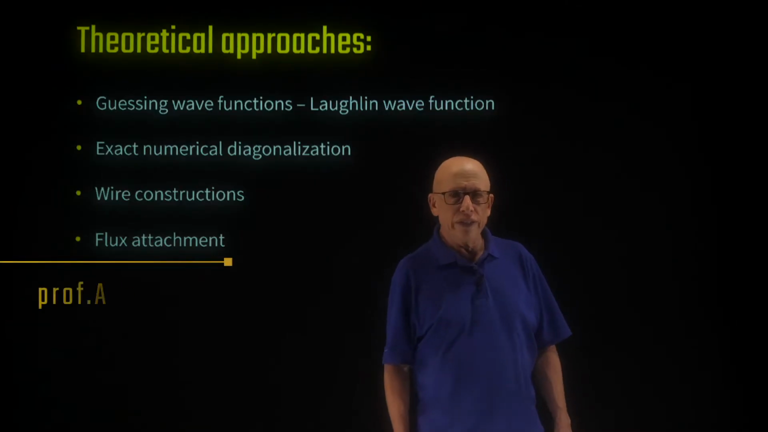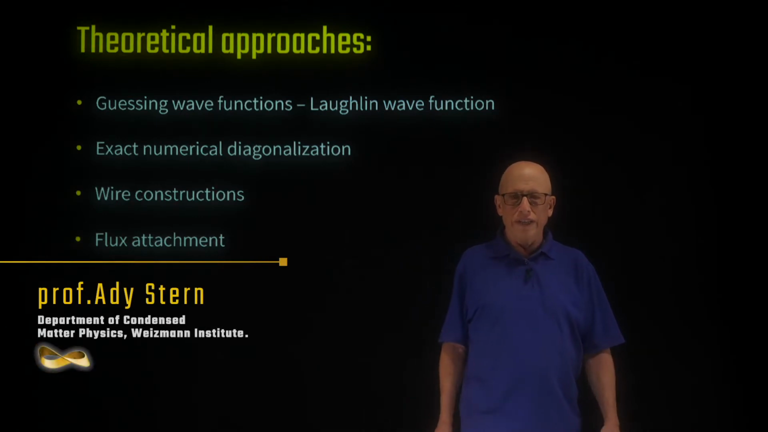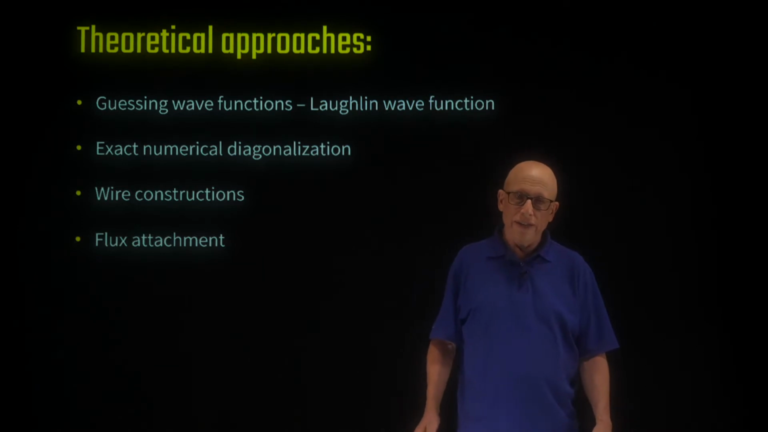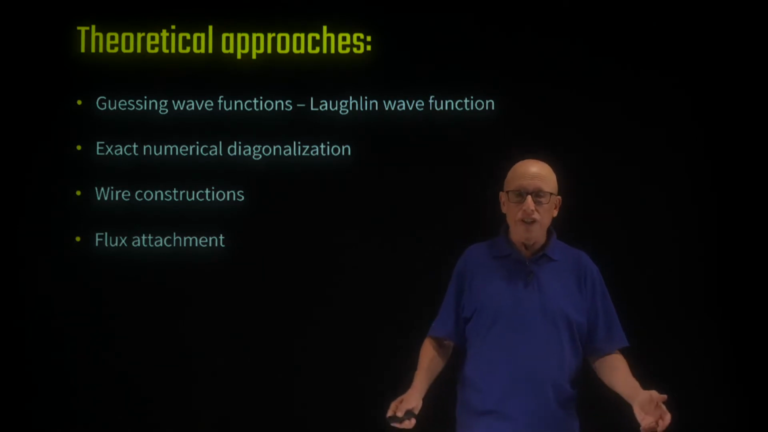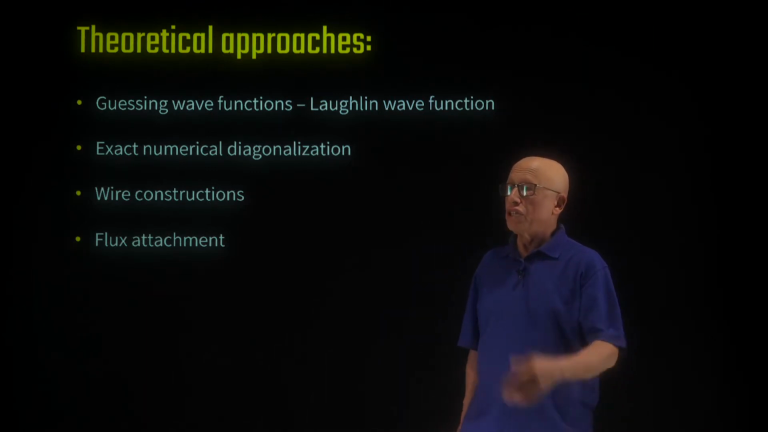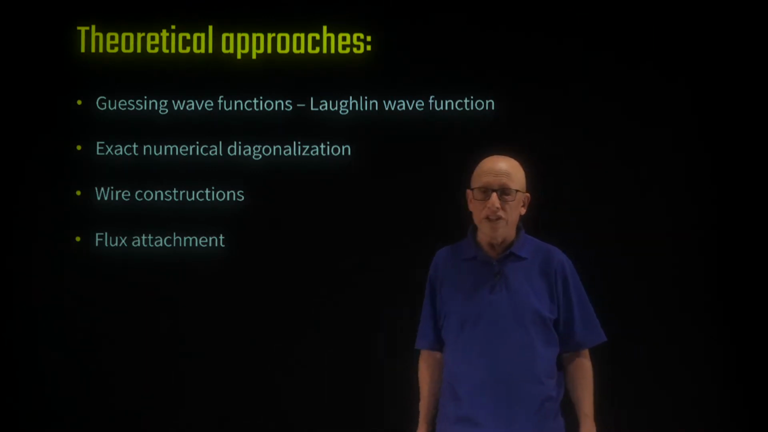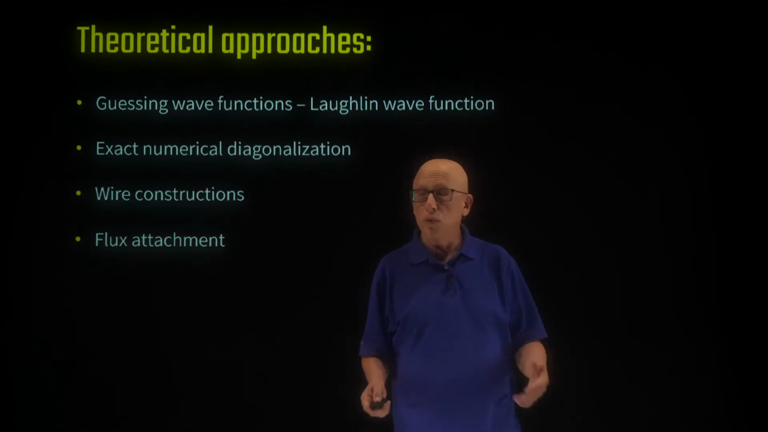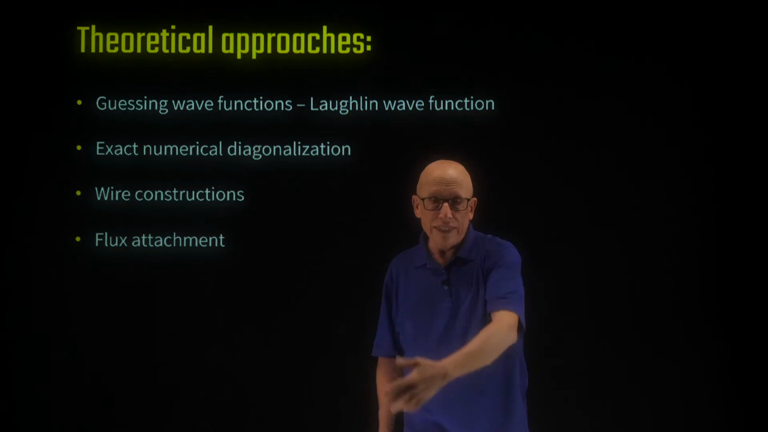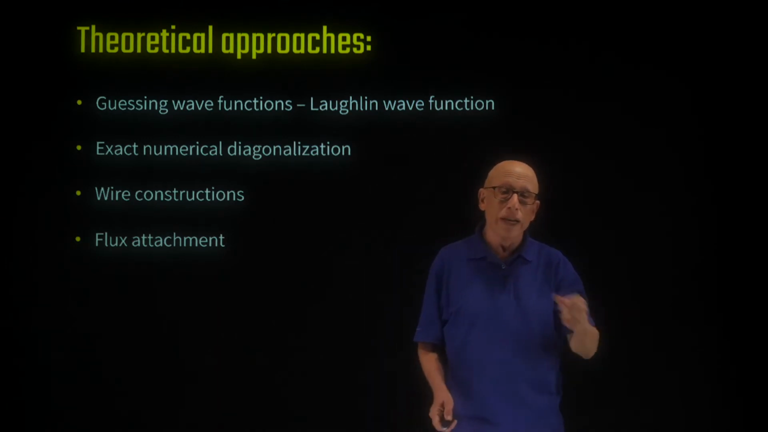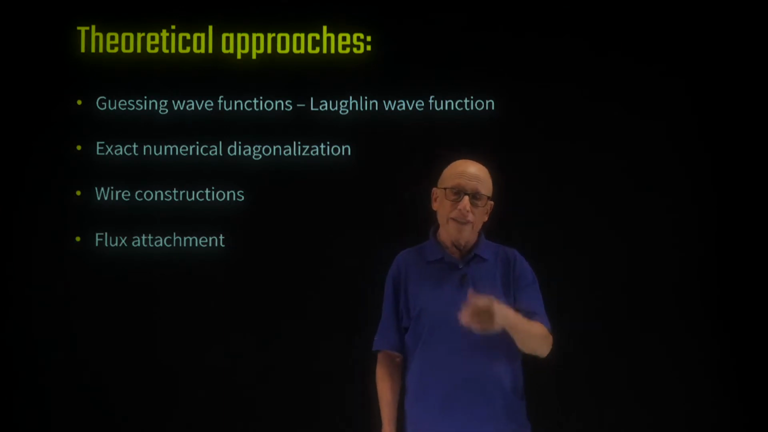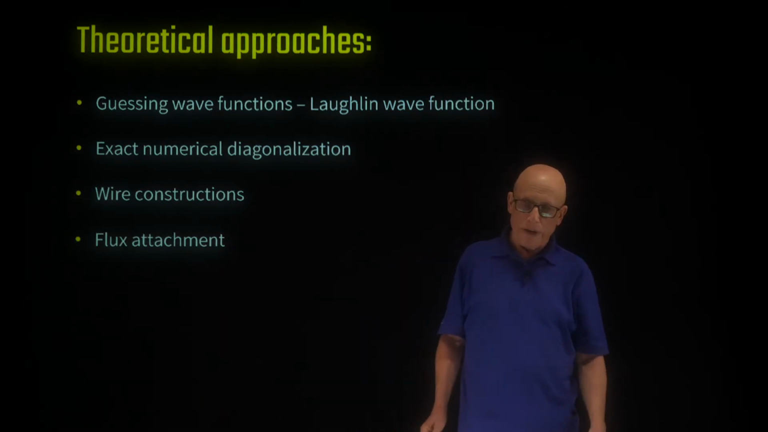So today we are continuing our journey through different approaches for theoretically analyzing the fractional quantum Hall effect. We talked already about trial wave functions and about numerical diagonalization, and we are going to talk now about wire constructions. As you can guess, if there's a long list of different approaches, probably none of them is perfect. Each one of them has its strengths and weaknesses, and the same holds also for the one we're going to